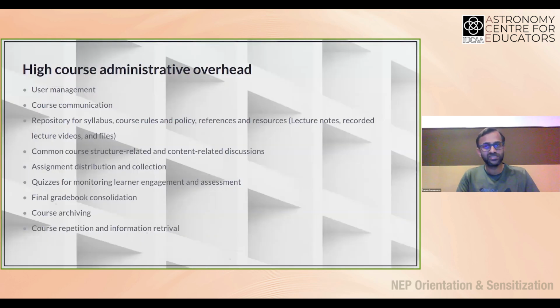So when I talk about administrative overhead, what are the things that a course that we run, and I'm sure for you too, will involve? It's initially user management. To various extents, maybe your administration in your college takes care of a certain amount of them.